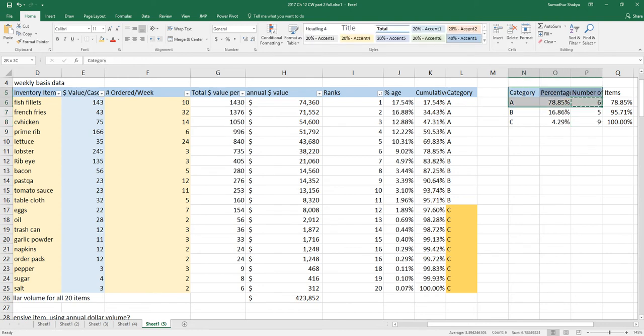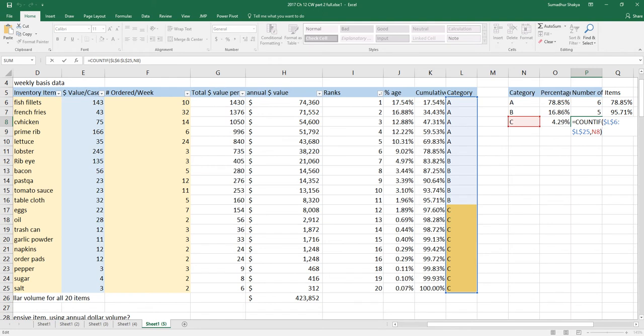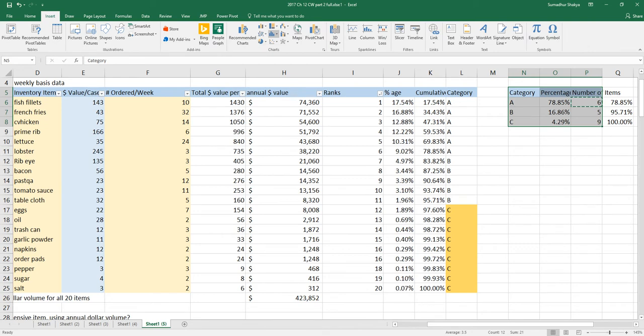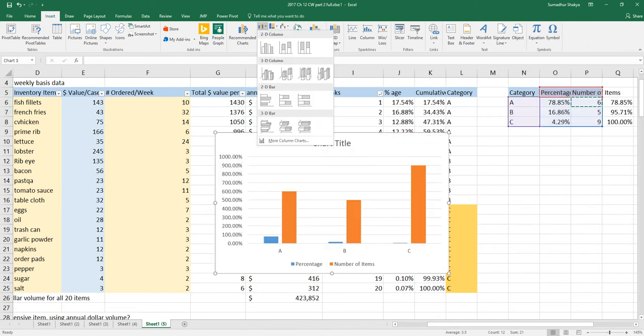So what I've done here is COUNTIF in this range is equal to this value here. So if it's A, then it counts them as 6. If it's equal to B, then it counts them as 5. So as you can see, it counts everything in this range if there is anything matching C. Okay. So now with this, we can make a bar chart easily,